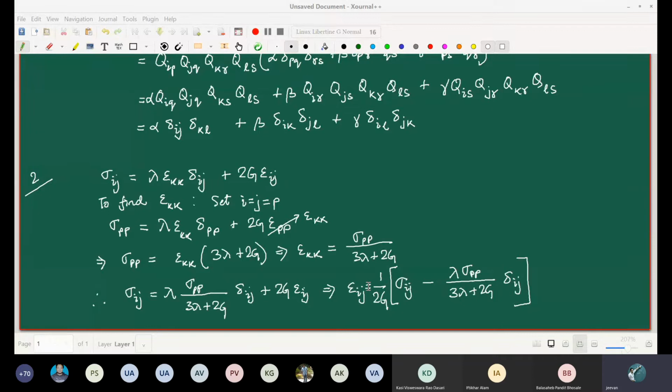So first of all, try to figure out the expressions of lambda and G in terms of the various components of this Cijkl. What I mean to say is that suppose you substitute different values for this i, j, k, l, then how can these lambda and G be expressed in terms of, let's say, C1111 or C1122 or maybe C1133, okay, something like that. Okay, so think about it for a minute or two.